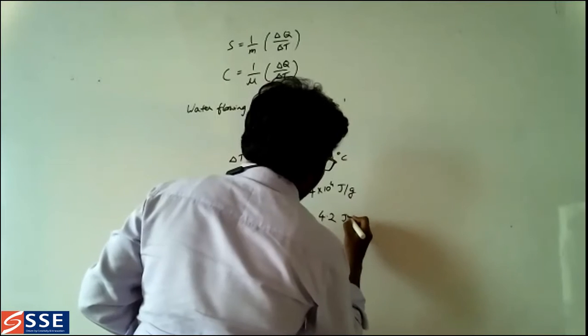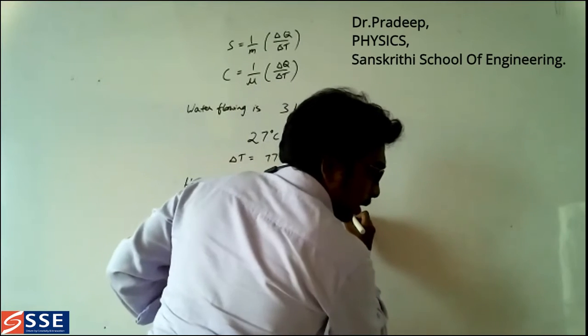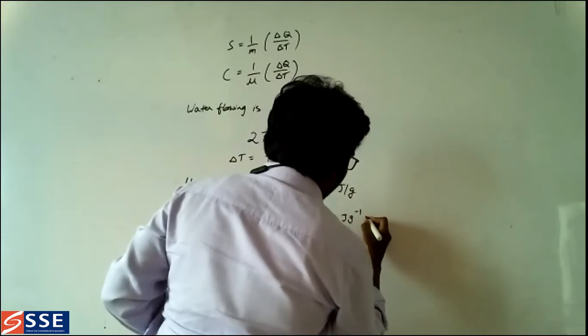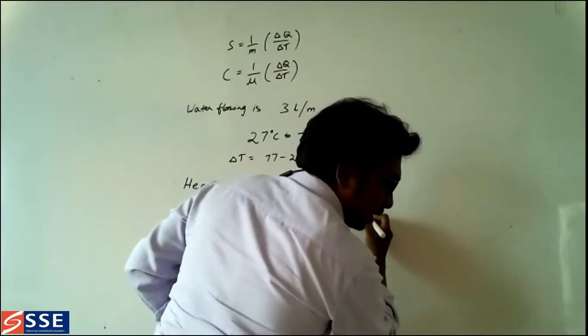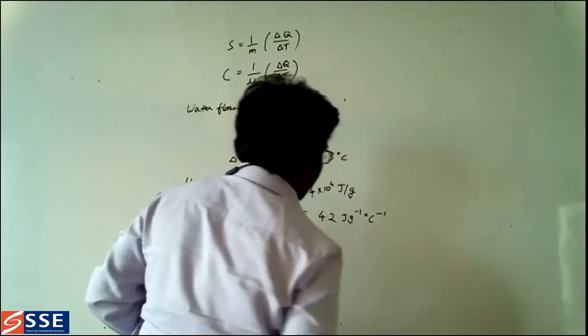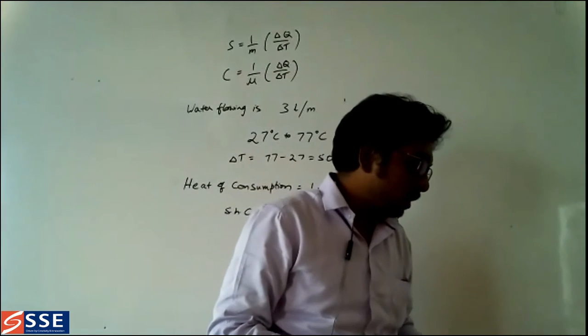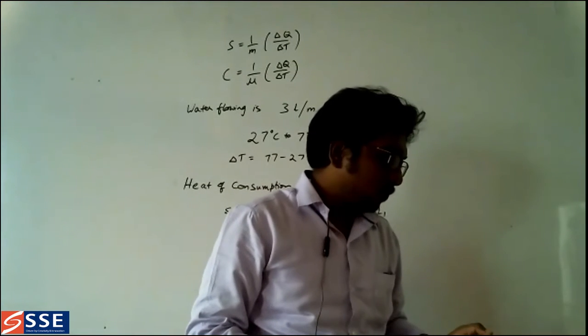Into joule per gram. Instead of Kelvin, here we are using degree Celsius, so per degree Celsius, we can make it like this. So the mass of flowing water is